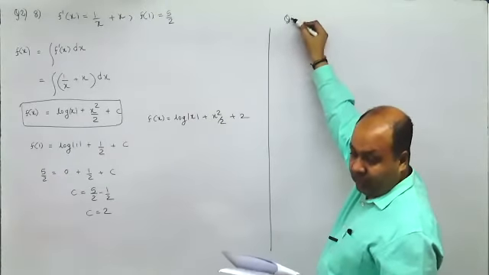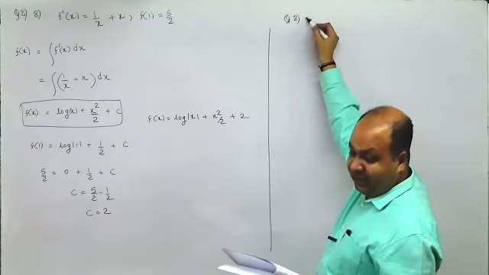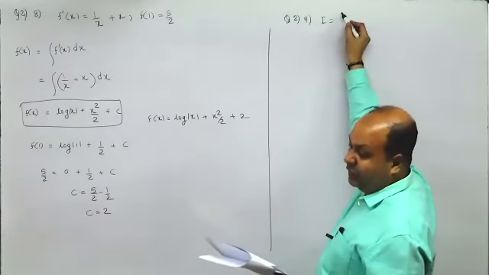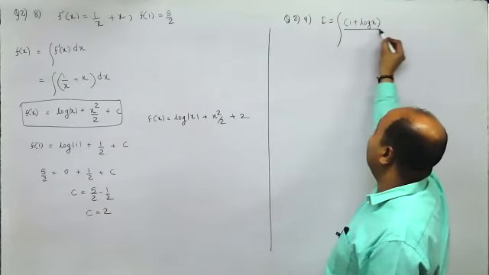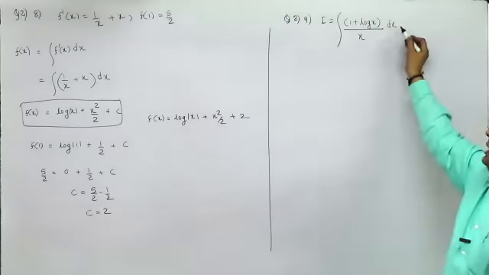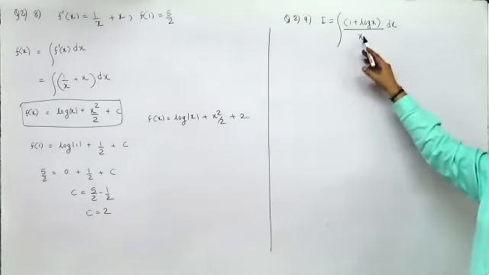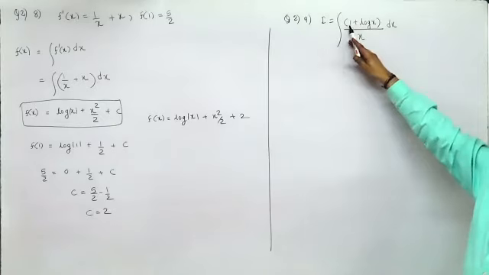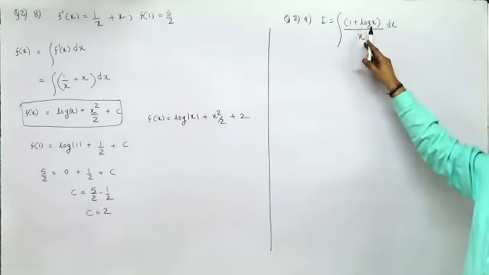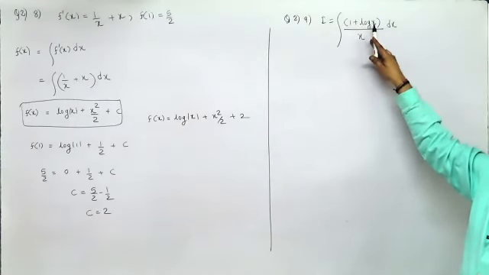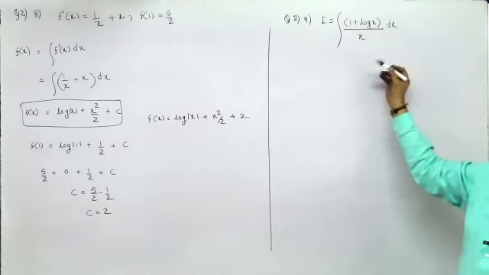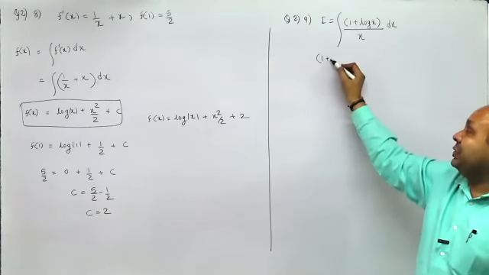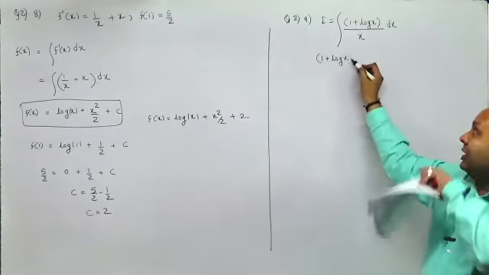Here, question number 2 itself, the ninth part, they have asked you for the proper substitution. Now this is (1 plus log x) upon x dx. Remember, if you substitute log x, you get 1 upon x dx as dt. But the right substitution would be 1 plus log x as t, because when you put 1 plus log x as t, 1 upon x dx would be dt. You will get t dt. So here, proper substitution is 1 plus log x as t, not log x as t.